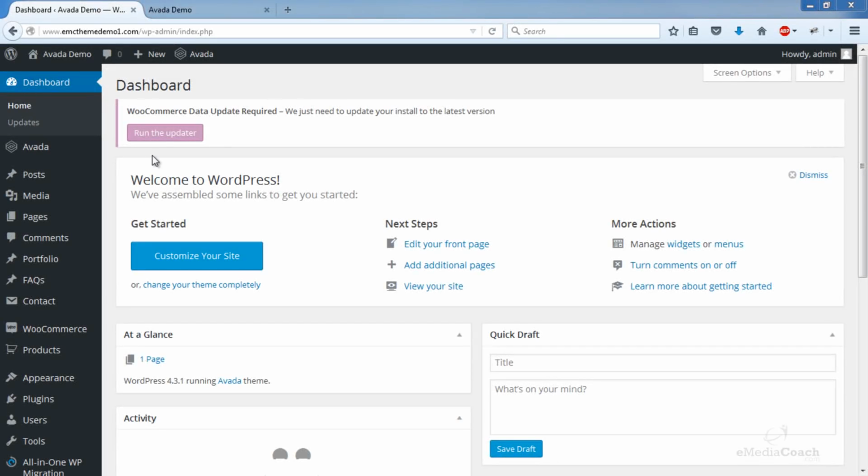Alrighty, next I'm just going to give you a quick intro on the content editor and also show you how you can add multiple pages, as many pages as you want to your website. Now say you want to add a page for every section of your site, for example an About Us page, a portfolio page, a contact page.